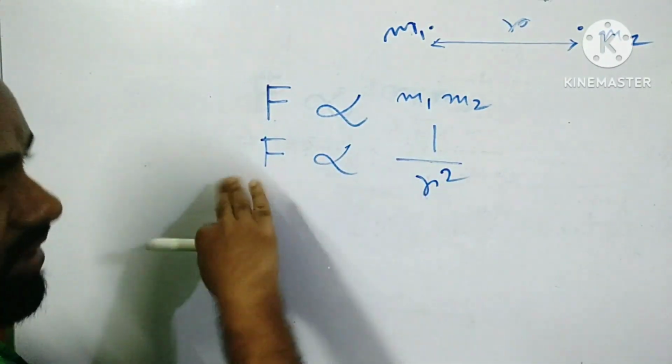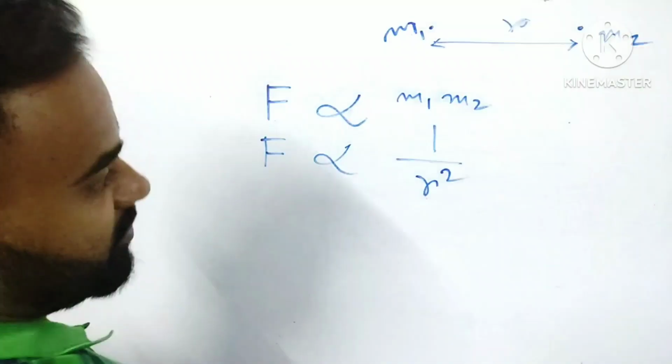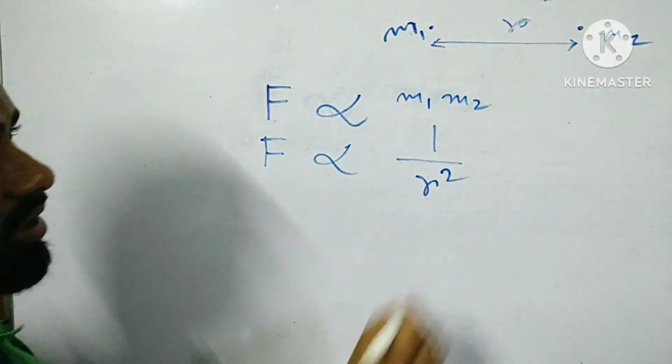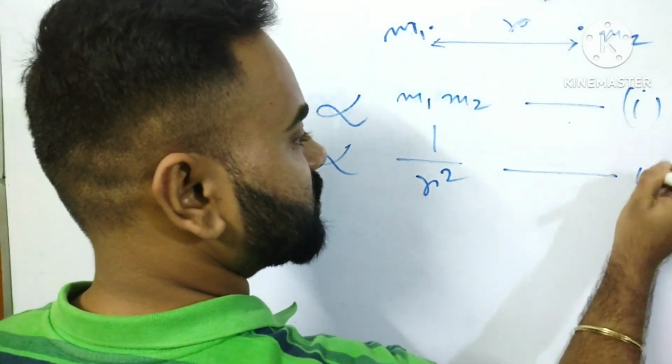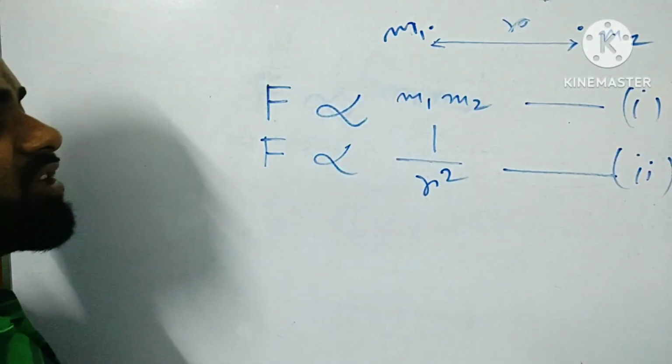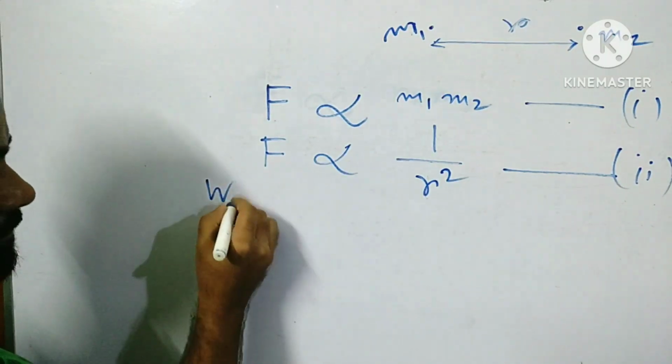These are the two equations we got from the statement of the law. Combining these two equations, we have